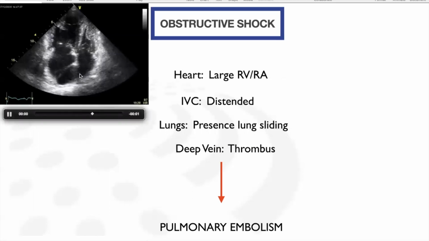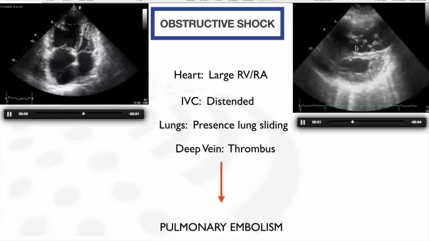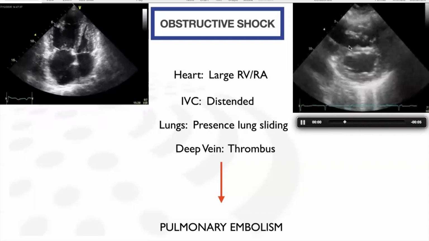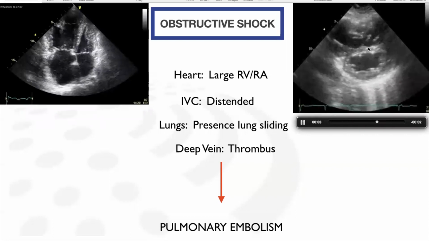Right. So this is another one of obstructive shock with the diagnosis of pulmonary embolism. You can see there's a very large RV and also RA, almost equivalent in size to the left side of the heart. There's probably hypokinesia of the apical wall as well, probably suggestive of McConnell sign. Very dilated RV, causing bowing of the septum of the LV,